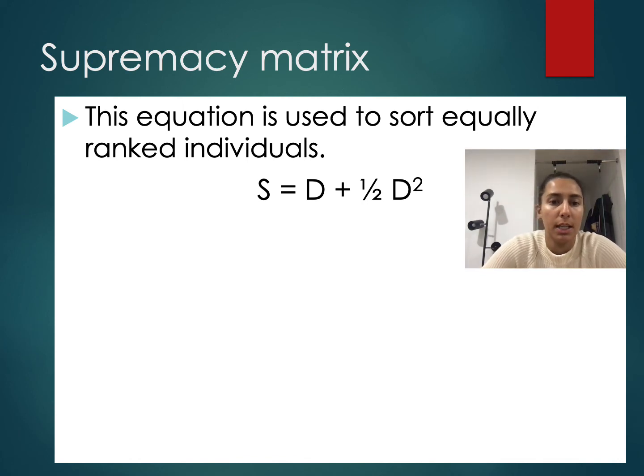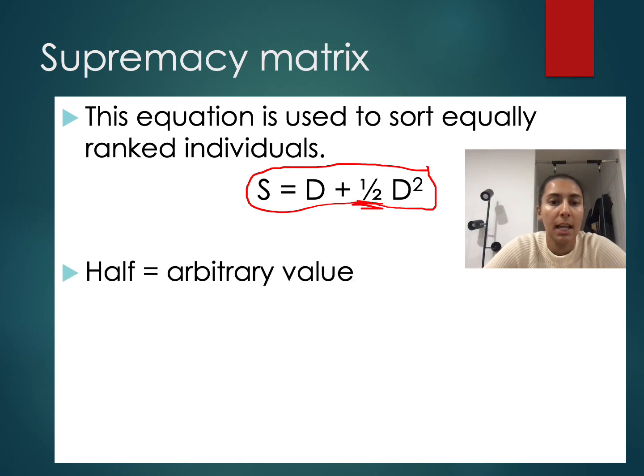So what we do is we have this equation here, and we put a half for your second order. Now the half is an arbitrary value. It doesn't have to be a half. It could be a quarter, it could be a third. In the context of a specific question, they might give you the value that they want you to put in front of your D squared,